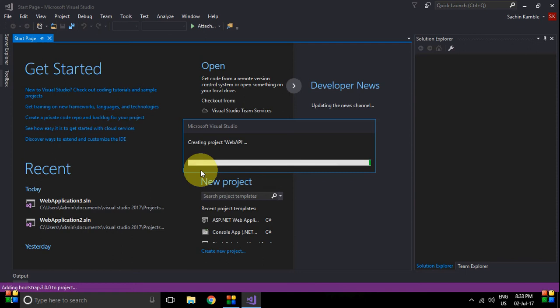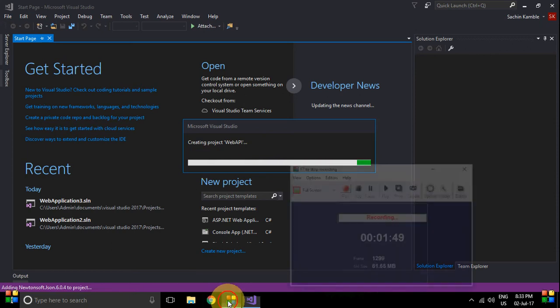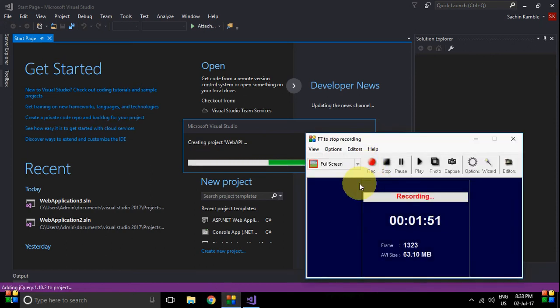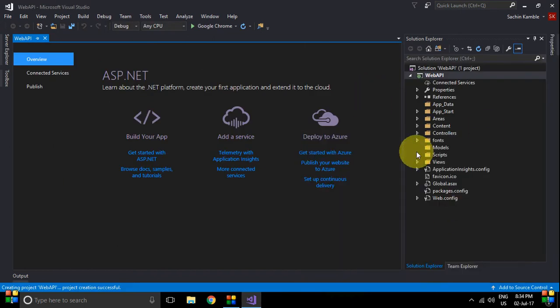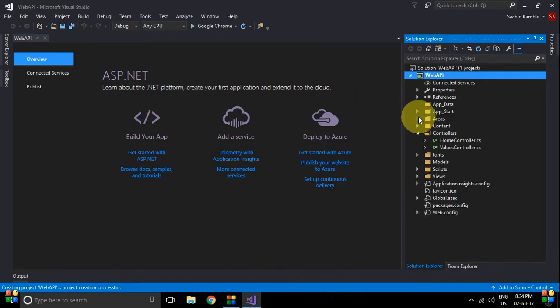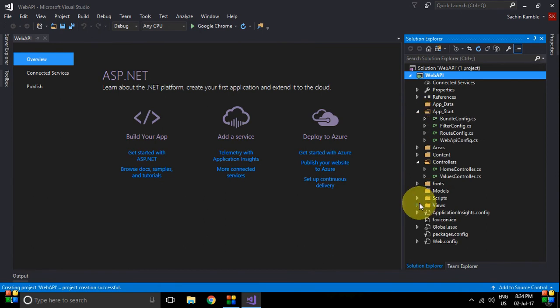So we will use entity framework for database connection. So here you can see the controllers, app start and views.